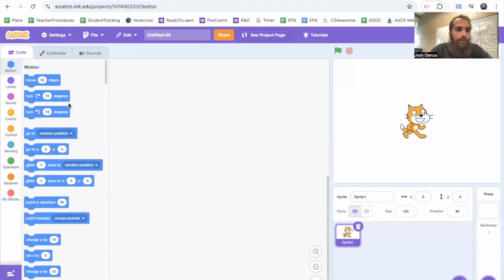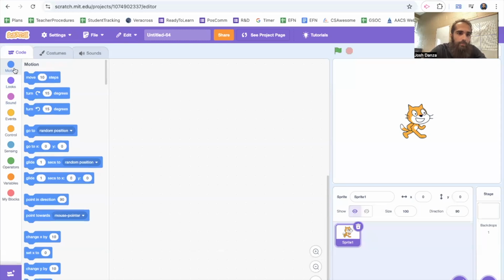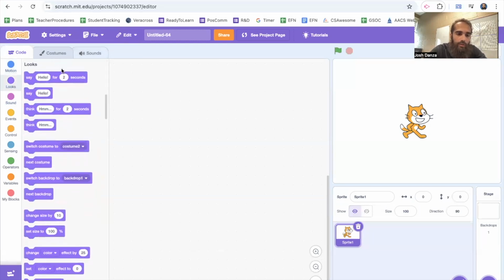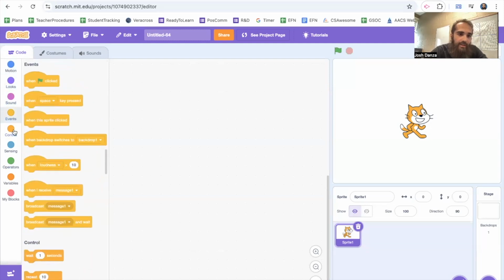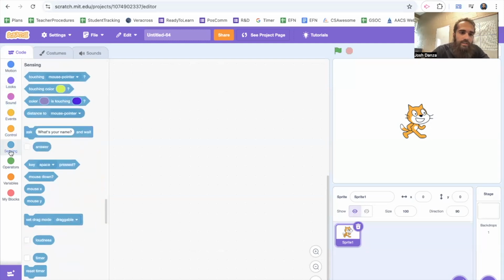Your blocks are color coordinated. Awesome. I love color. I'm a visual person. I like being able to see things and organize things. So if you see a block and you don't know where it is, you can just look at the color of it and say, oh, that must be in the motion drawer or the looks drawer. Sound, motion, click on looks, all these blocks in here. Imagine that you're opening up a drawer, right? I have drawers over there. Open one up. There's the motion drawer, the looks drawer, the sound drawer, events, control, sensing,